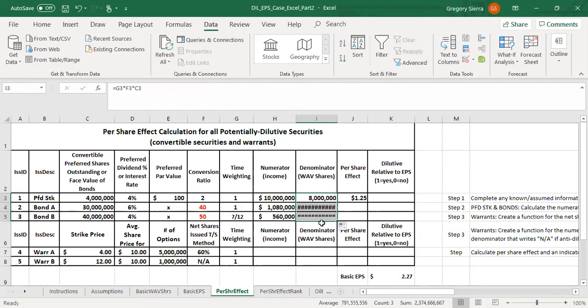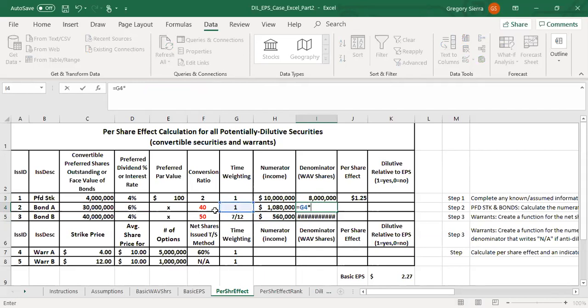And this one should be the same, but that is not. 63 F3 C3. Oh, of course, I got to fix my conversion ratio here. All right, so we're going to start with the time weighting factor,